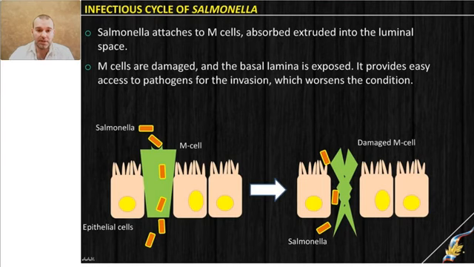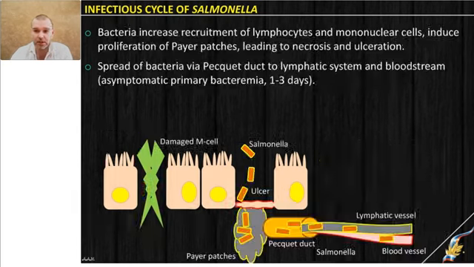So the pathogenesis of salmonellosis is very similar to Shigella. The same invasion through M cells. Macrophages are not involved in that case, but M cells will be damaged much more seriously, and a destroyed M cell will let Salmonella invade into the lamina propria easier. So bacteria will invade the epithelium through damaging of the cell. Again, it has a lot of adhesion factors which help to stick to the surface of the epithelium, and when M cells are affected, bacteria will invade into the